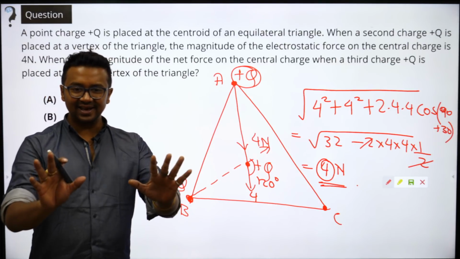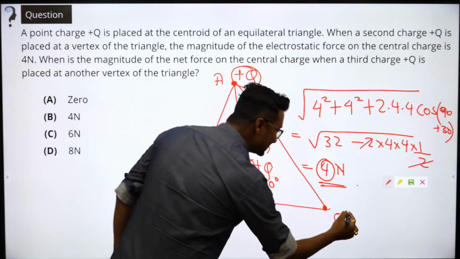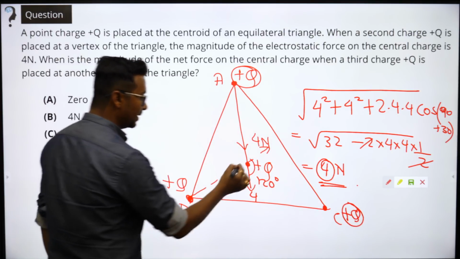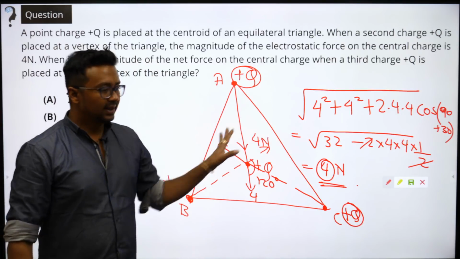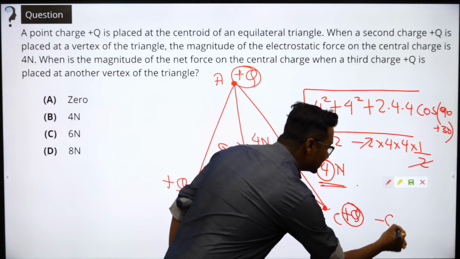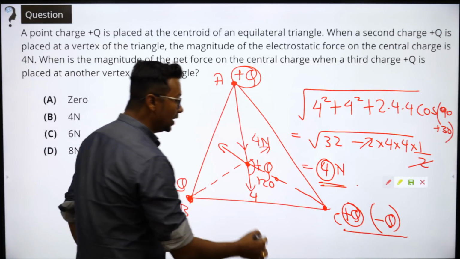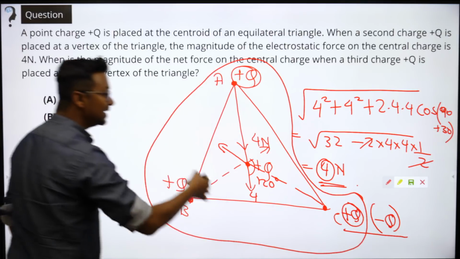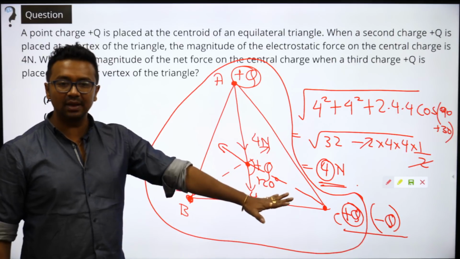Okay. See, now the other thought process is, you place a plus q charge out here. Clear? There is no charge out here, but you put a plus q and a minus q also. When you put a plus q and a minus q, I am going to take the net force only due to these three charges. So what is going to be the net force due to these three charges? It is going to be equal to 0.